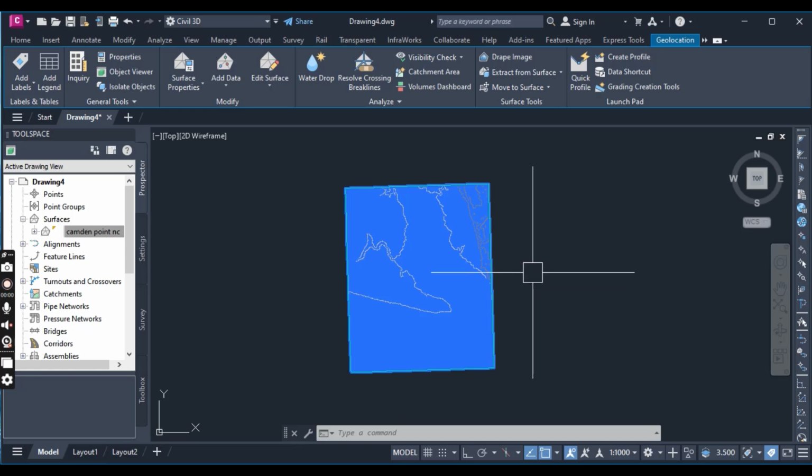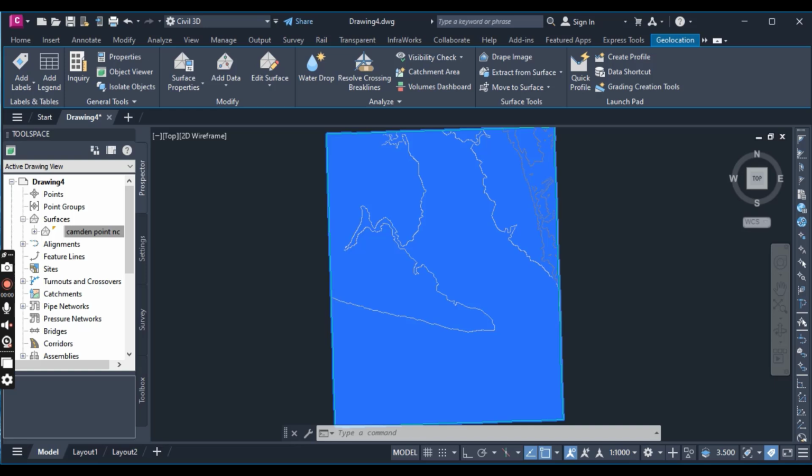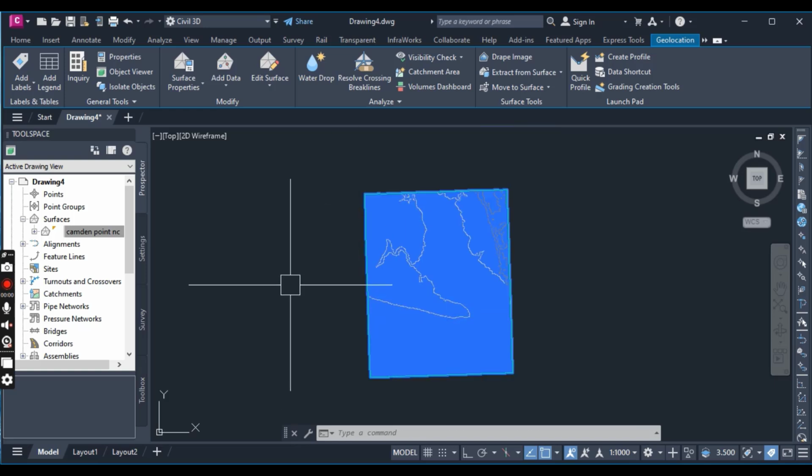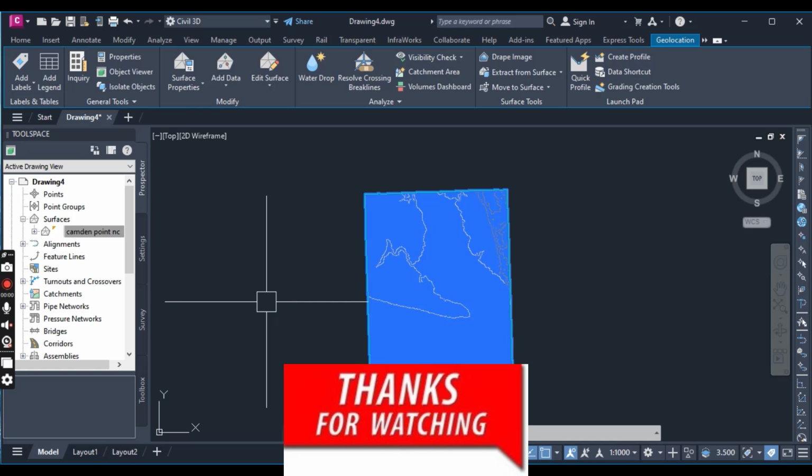Once you have the DEM data imported, you can pause over any portion of the surface and see the feedback showing the surface elevation provided through a tooltip. This surface can be used for preliminary analysis, but it is not accurate enough for construction purposes. So we can't work with this view. That's why we will also learn about the level of detail in the next exercise, and how we can activate our level of detail to work properly with these surfaces in Civil 3D. Stay connected for the next